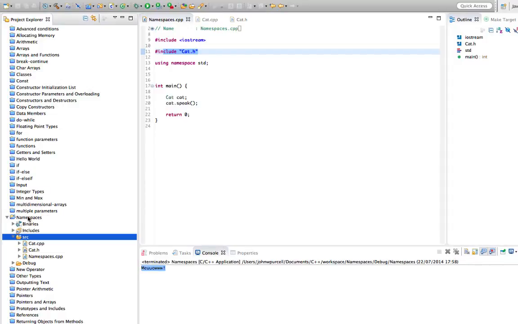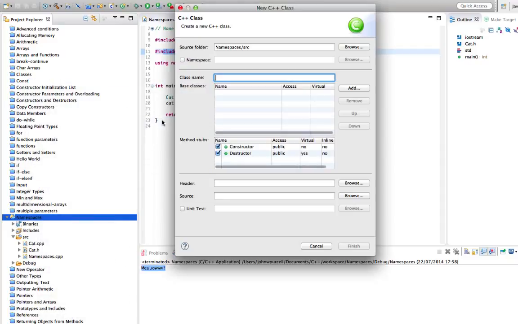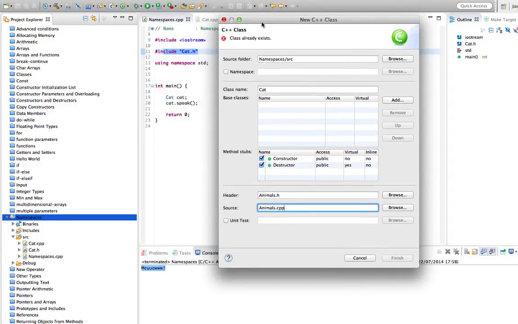I'm going to right click my project, and let's create a new class, and I'm going to call it cat again. But I'm going to put it in a different file so that we don't have a clash with the file names, because I'm putting all my files in one folder here, which you don't have to do, but I am doing. Let's call this animals.h, and the source file can be animals.cpp, but again it's a class called cat. And it says class already exists, so it won't even let me define it,